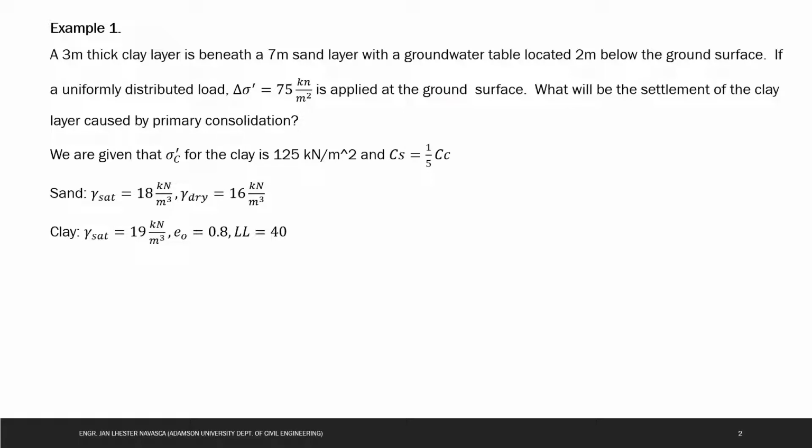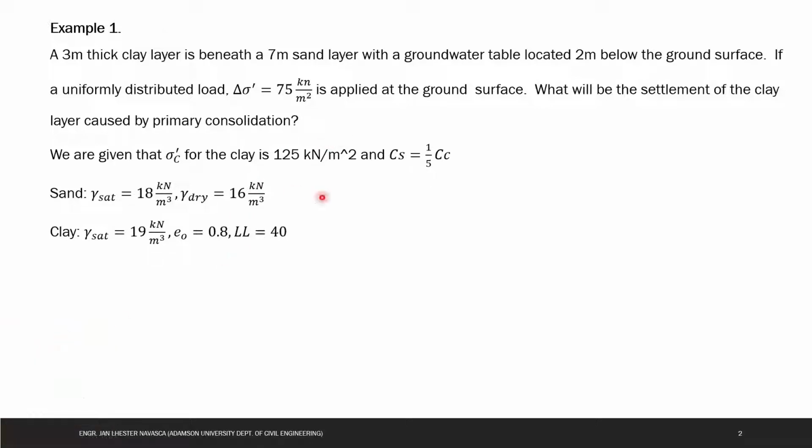beneath a 7-meter sand layer with the groundwater table located 2 meters below the ground surface. So if a uniformly distributed load, denoted as delta sigma prime, that is 75 kilonewton per square meter, is applied at the ground surface, what will be the settlement of the clay caused by the primary consolidation? So again, we are given that our sigma prime c, or the pre-consolidation pressure for the clay, is 125